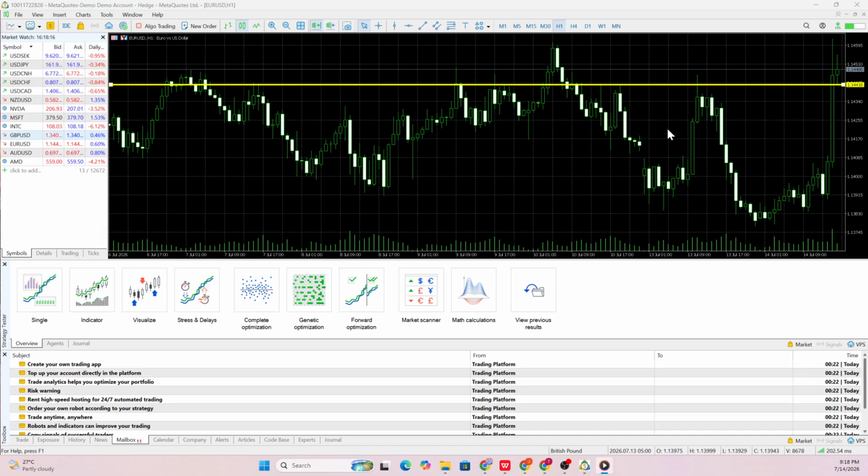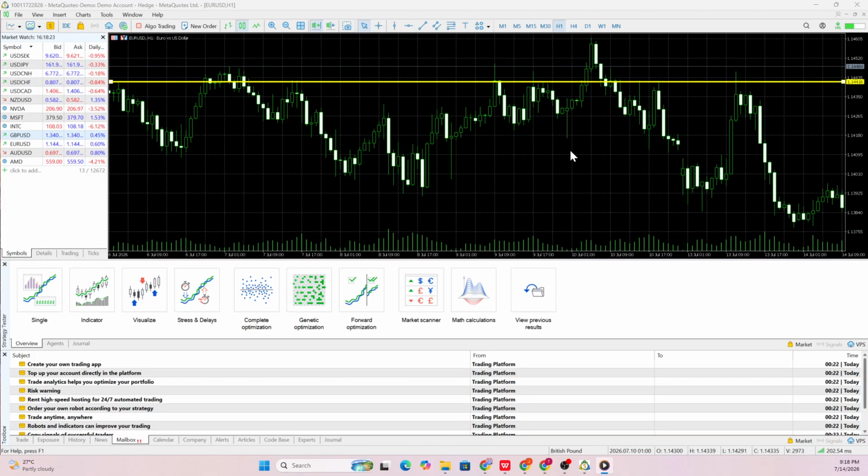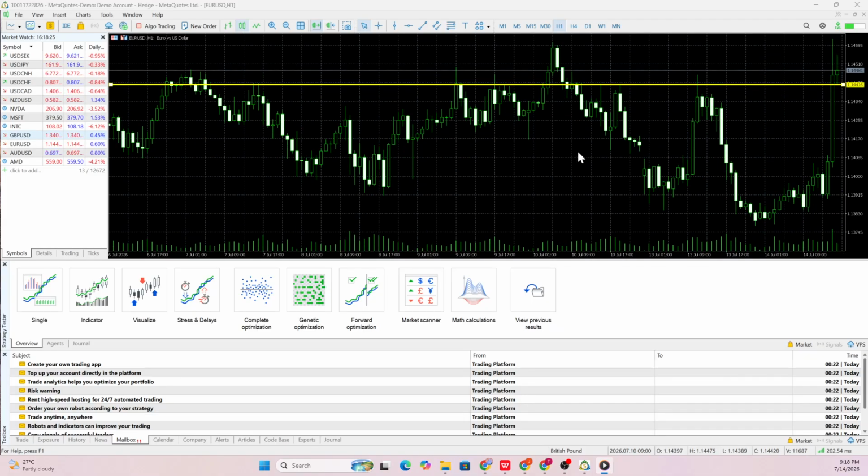Before placing the tool, adjust your chart so you can clearly see the price movement you want to analyze, such as a recent swing high, a recent swing low, or another major move that you want to use as your starting point. Once your chart is ready, move your mouse to the menu bar at the top of the platform